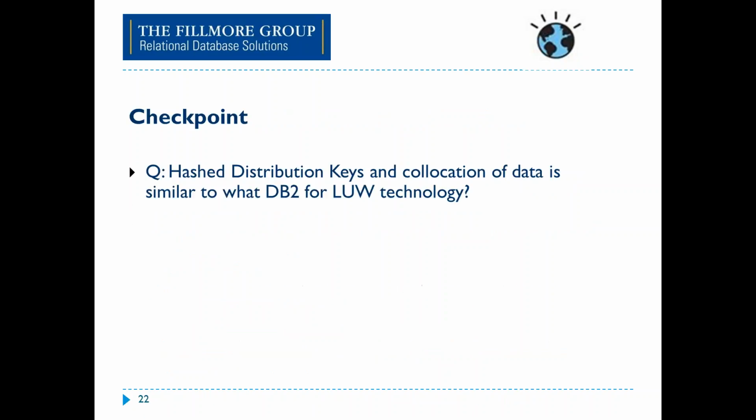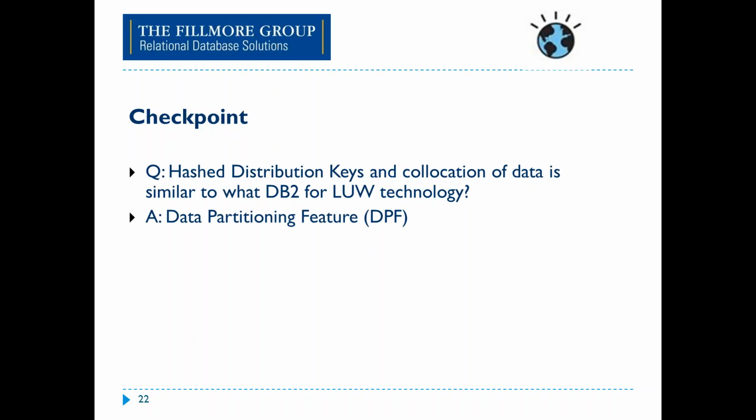So I have a checkpoint here, and I'm not going to be able to do the Q&A as interactively as I usually do, but I want to bring these up just as refreshers. The hashed distribution keys distribute the data via keys such as purchase order number or patient ID, and co-location of data is similar to what DB2 for Linux, Unix, Windows technology has. And if you're familiar with that platform, hopefully you would say the data partitioning feature, which